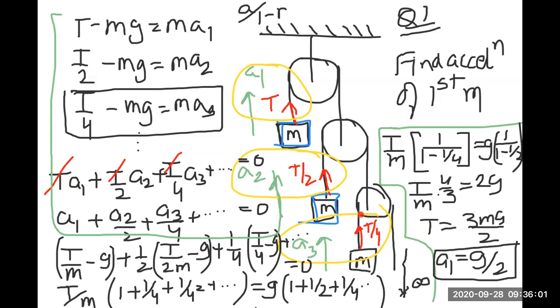So the first step is to designate tension. How can you do this? You can take the tension of any string to be T, any string that you choose. Here I have chosen the first string, the tension to be T. You can choose this guy to be T, no problems. If you choose this guy to be T, then here the tension will be 2T and here the tension will be T/2. कोई फर्क नहीं पड़ेगा, आप कैलकुलेट करके देखिए, सब सेम आने वाला है।